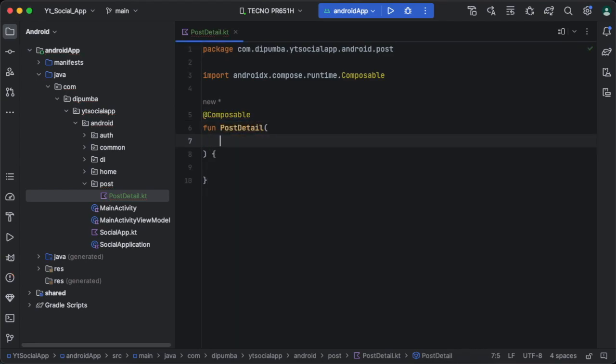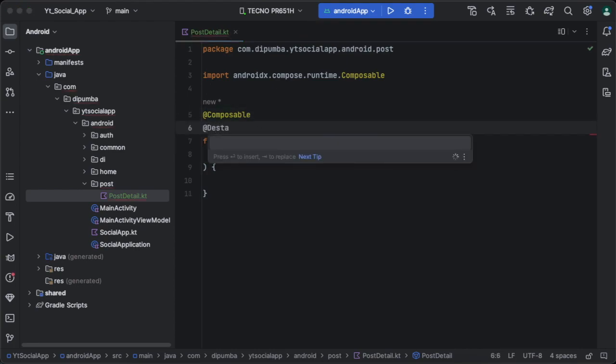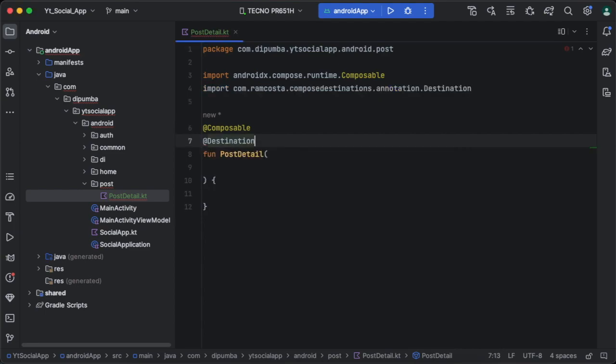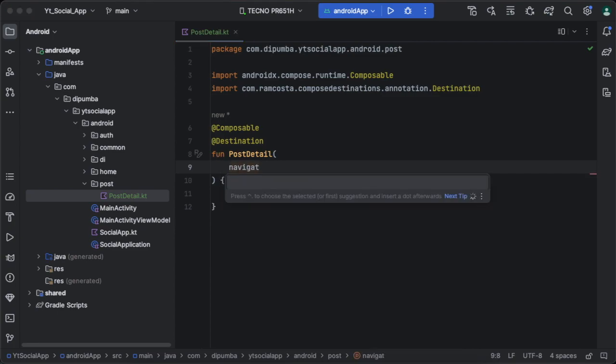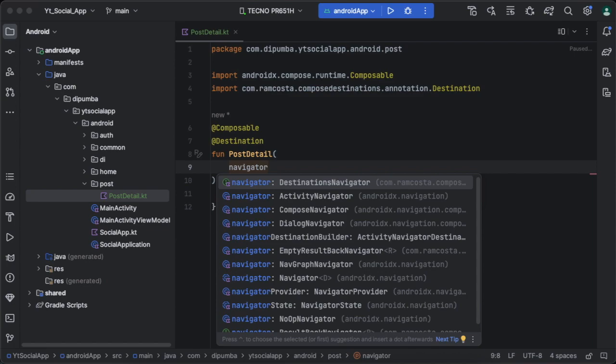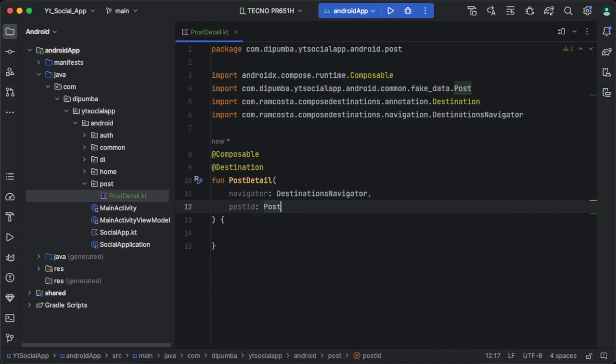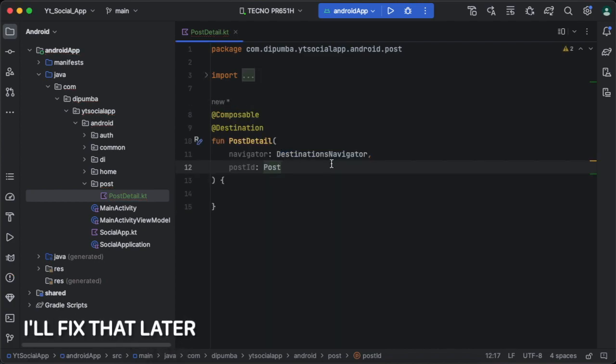Like so, and we need to make it a destination using our compose destinations library. So we need to add this annotation here, and our post detail destination will take, of course, the navigator from destinations navigator and also post ID for the post that we want to load, of course. And okay, so after doing this,